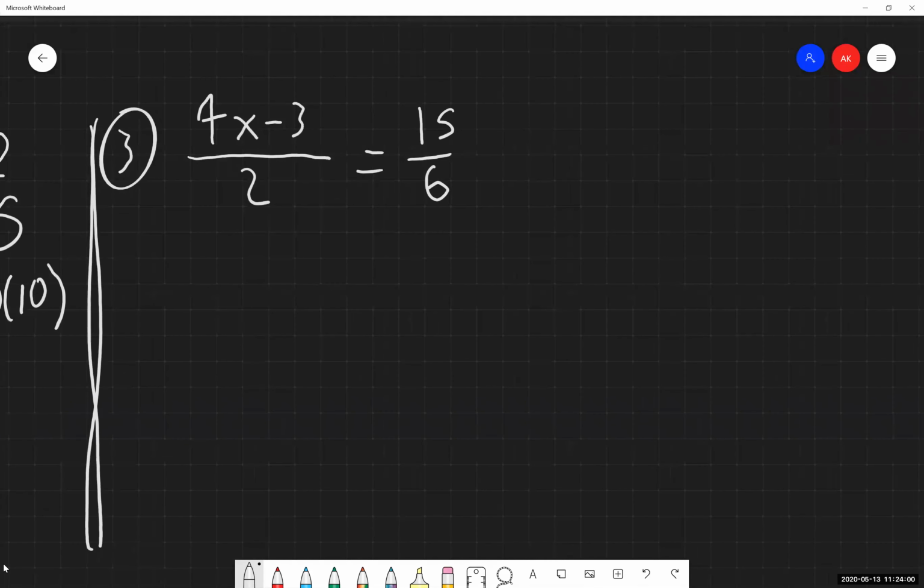Okay, so we're starting with 4x minus 3, all divided by 2, is equal to 15 over 6. Now it's very, very understandable and very reasonable to say, okay, well, Alex, you said we need to have a fraction equals a fraction to be able to cross multiply. Well, the numerator of this thing that we have over on the left side, we have addition and subtraction going on in there, so we can't use cross multiplication. That is an extraordinarily reasonable assumption to make based on the problems that we've been working with and this new problem that we have now.